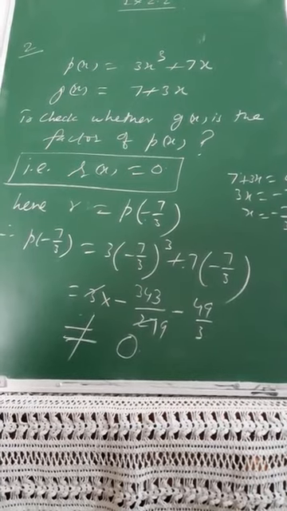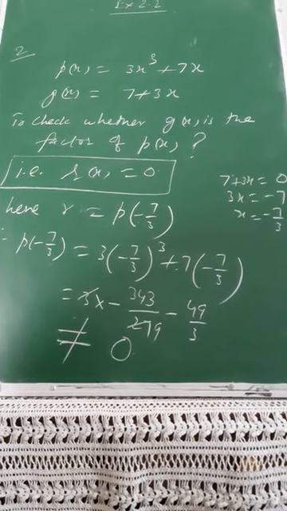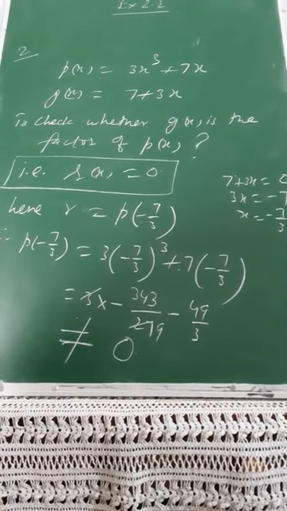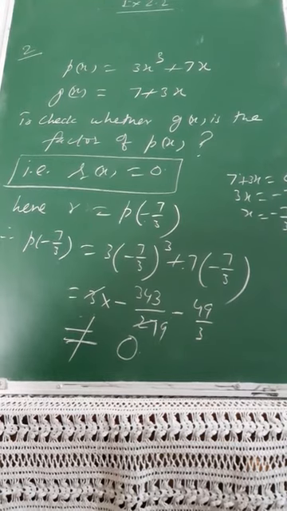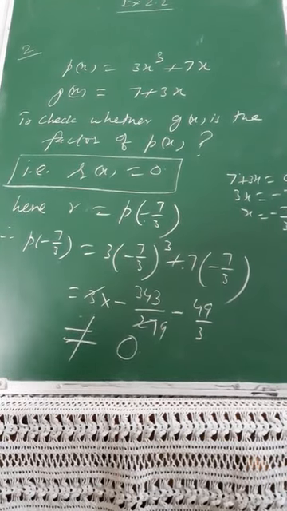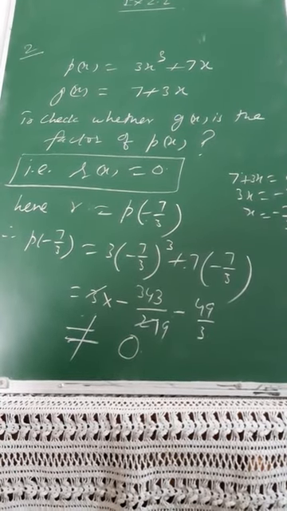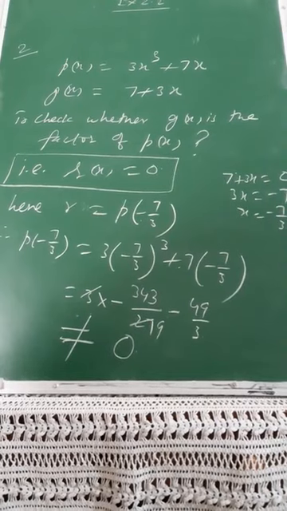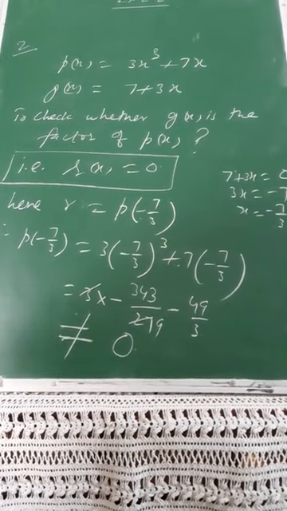Similarly, the second question is also based upon the same, that is check whether g of x is a factor of p of x. So if the remainder becomes equal to 0, only then g of x will be a factor of p of x. So try these question number 1 and 2. There are 4 parts in question number 1 and 2 parts in question number 2 of exercise 2.3. If any difficulty is there, you let me know, and otherwise I will take question number 3 tomorrow. So till then please practice this exercise 2.2, all the parts whatever I have explained to you, and the first two questions of your exercise 2.3. Thank you.